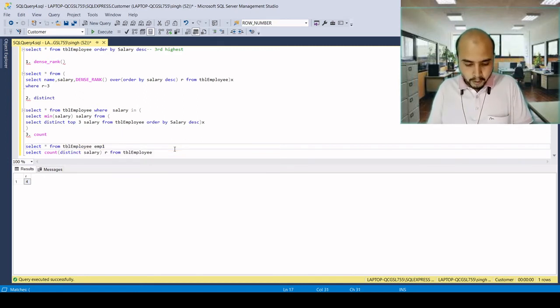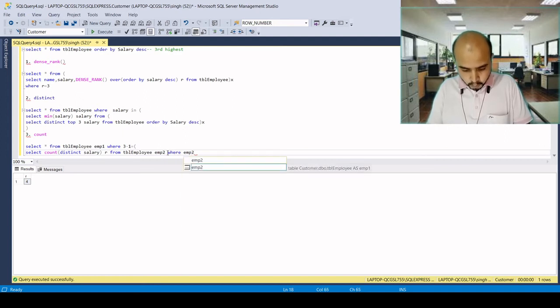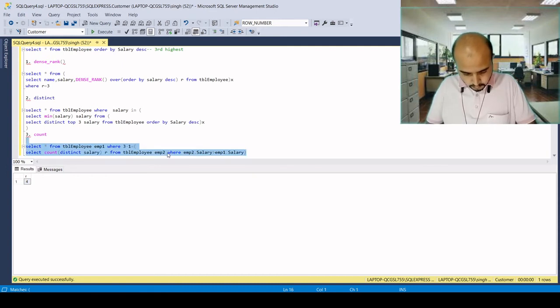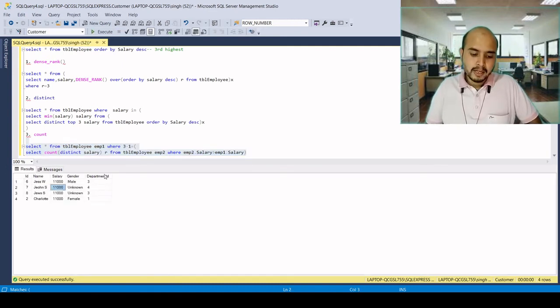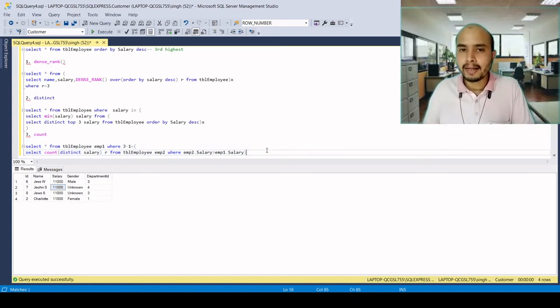Let's say it's employee 1 join, and we need the third highest salary, so it will be 3 minus 1 equal to, where this is the table name, and the alias name is employee 2, where employee 2 dot salary is greater than employee 1 dot salary. So here we will get the 11,000 again. So these are the three ways by which we can get the nth highest salary.